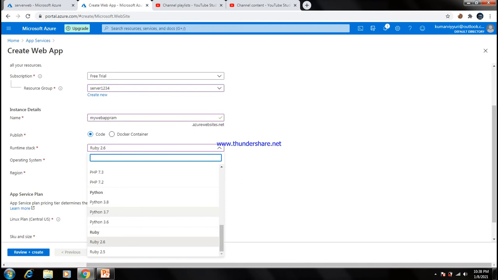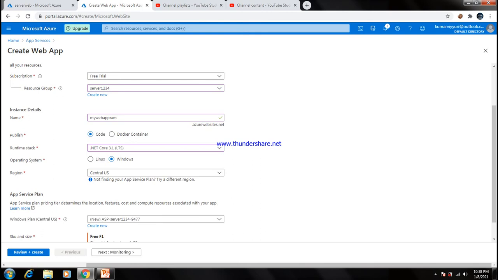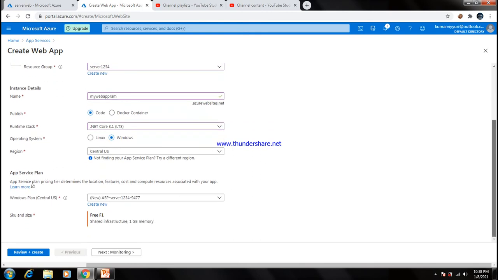Okay, so go to the options like .NET. I can choose the Windows server. Coming down, it automatically shows the Windows plan. Okay, so I give create.